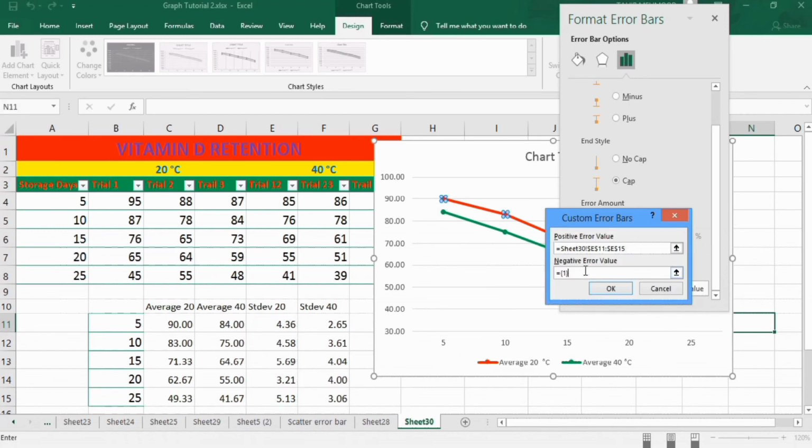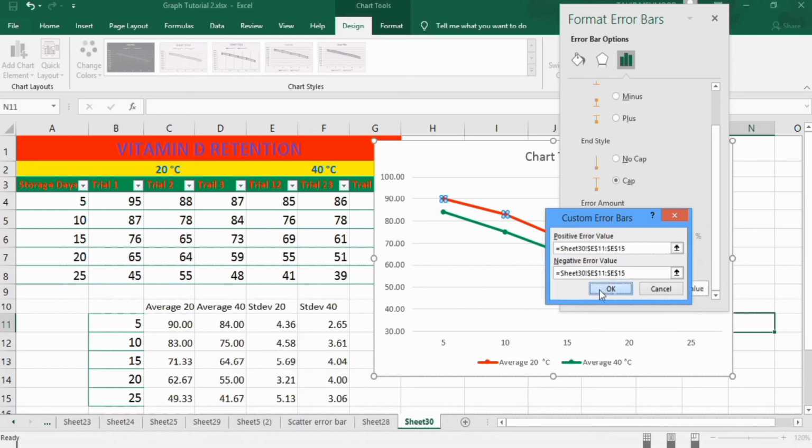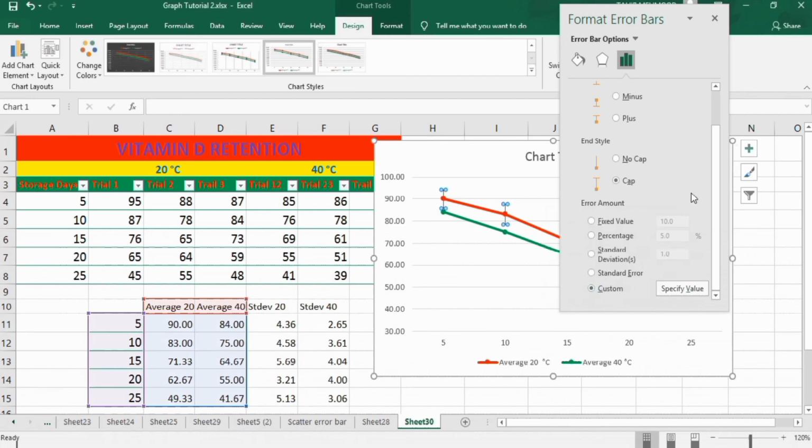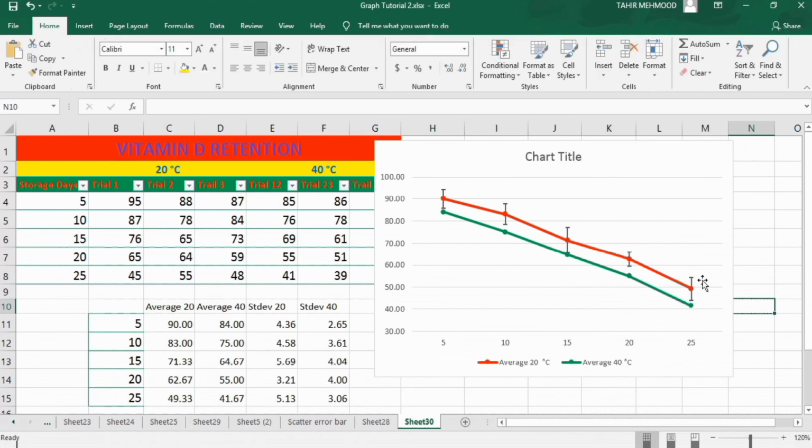Similarly, remove the already data from negative error values. Remove this one and select again these standard deviation values. Click on OK. Now you can go to fill and line option and adjust the width of these error bars, and that's done. Now you have entered the error bars on one data series, which is the 20 degrees centigrade.